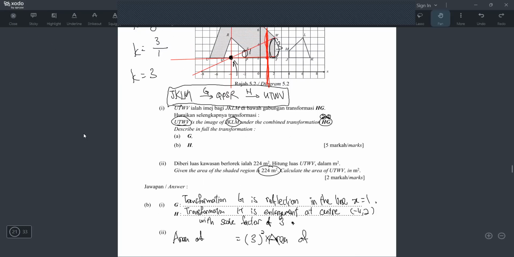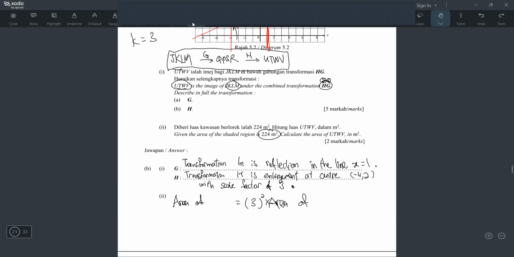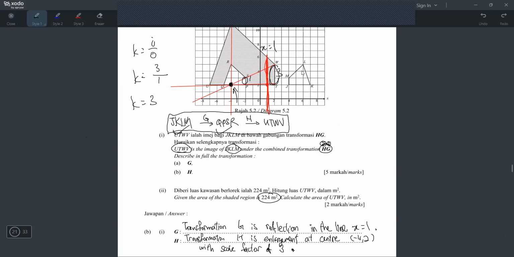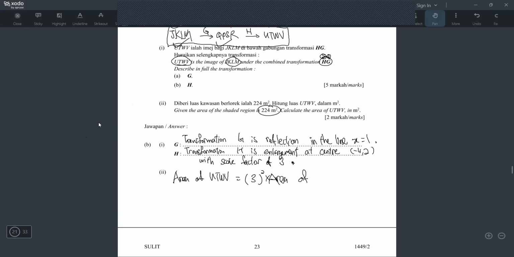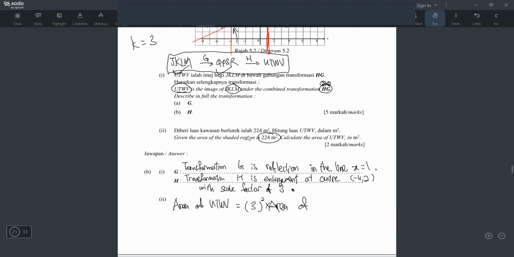Okay, image kita sudah tahu yang paling besar, which is UTWV. Okay, and I mention one more time, tak semestinya yang besar is image. Sometimes yang kecil boleh jadi image. Tapi yang ini kita tahu yang UTWV image sebab saya ada tulis arrow ni. Okay, what about object? Object you boleh tulis JKLM ataupun QPSR. Sebab JKLM dengan QPSR area dia sama, luas dia sama. Sebab dia adalah reflection of each other. If they are reflection, the side they have the same size. It means they have the same area. So you nak tulis JKLM pun boleh, QPSR pun boleh. Tapi let's say saya tulis QPSR lah. Tapi sebenarnya sama saja. You nak tulis mana-mana pun boleh.